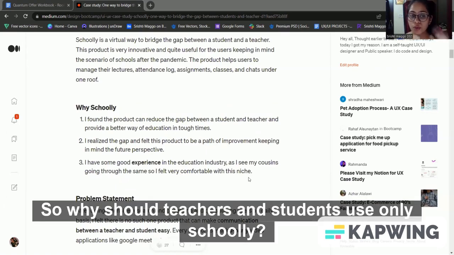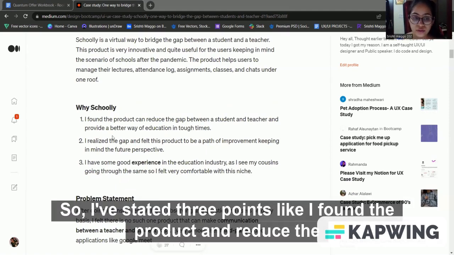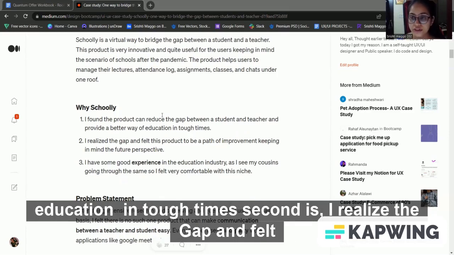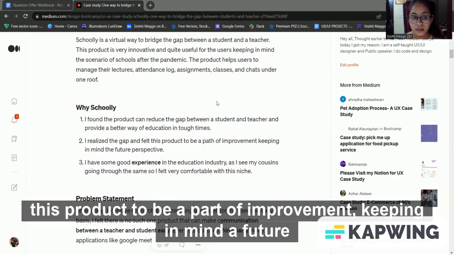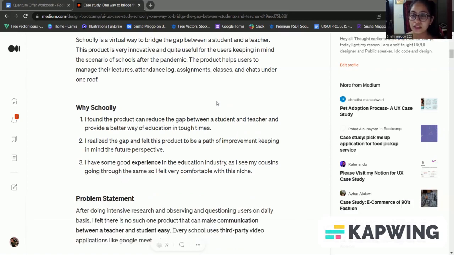So Schooly ही क्यों बच्चों को use करना चाहिए या teachers को use करना चाहिए? So I have stated 3 points. Like I found the product can reduce the gap between a student and a teacher and provide a better way of education in tough times. Second is I realized the gap and felt this product to be a path of improvement, keeping in mind the future perspective, because there are students who are very shy